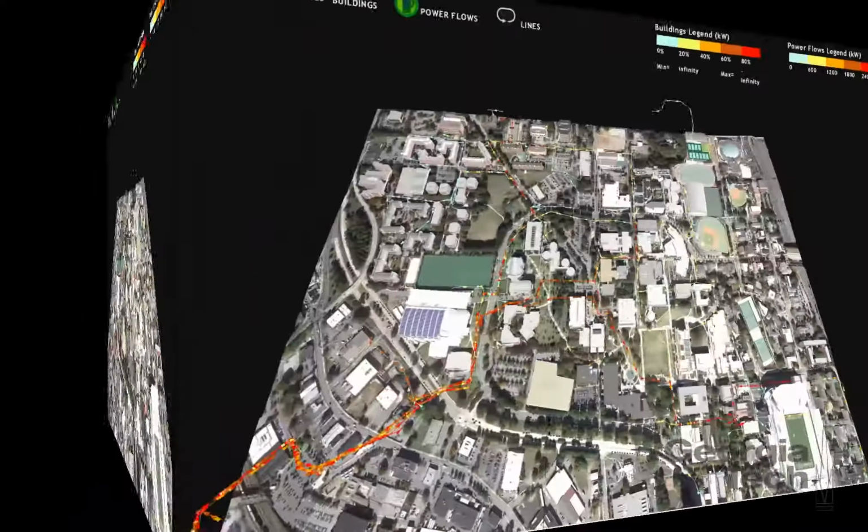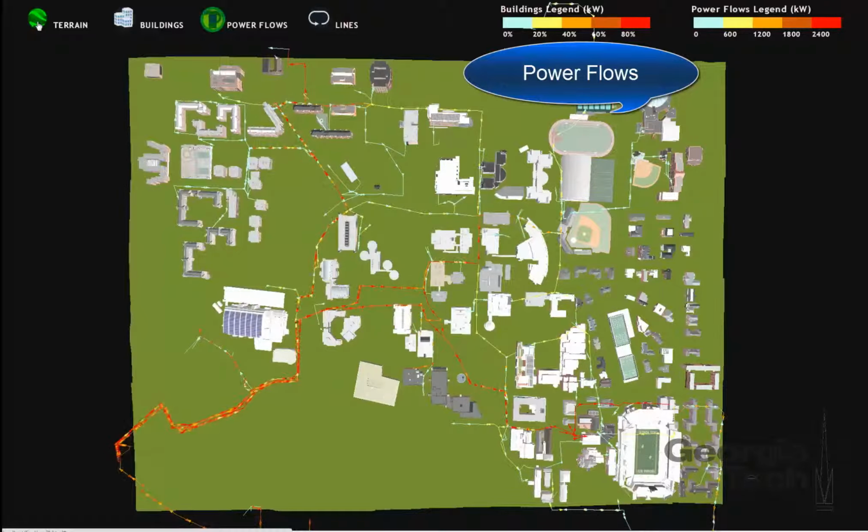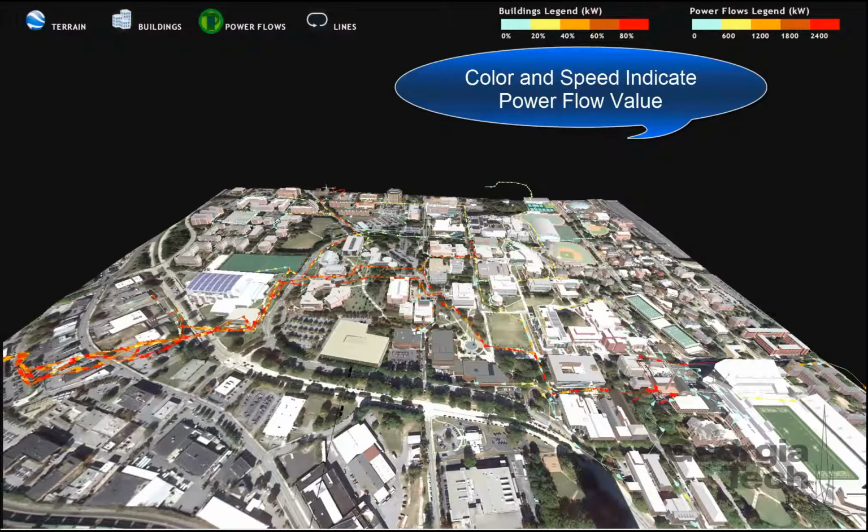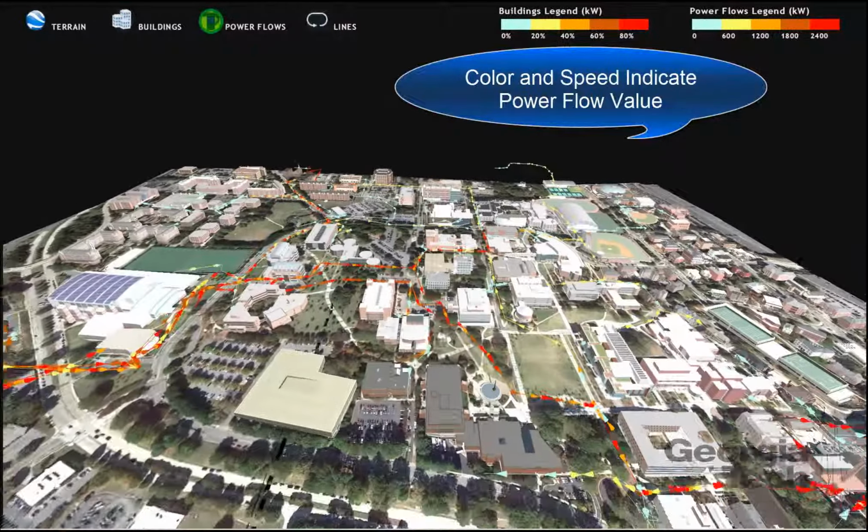Another important piece of information available on this visualization is the power flows. Flows provide low-level details of how the energy is flowing between buildings across the Georgia Tech campus. These also illustrate how the physical power lines have been laid on the campus. This is important as it explains the physical topology of the power lines. This can aid in decisions regarding where new power lines should be constructed.